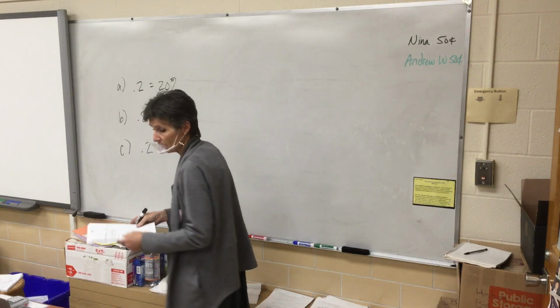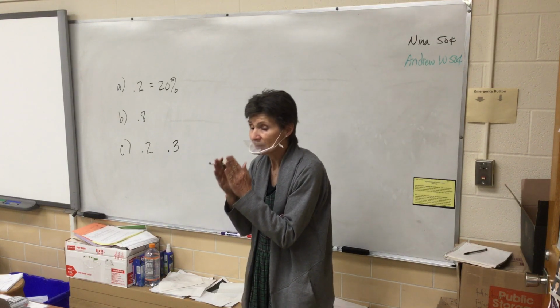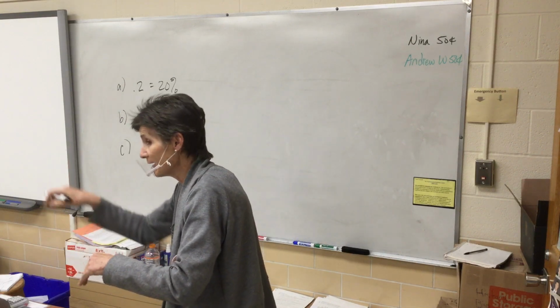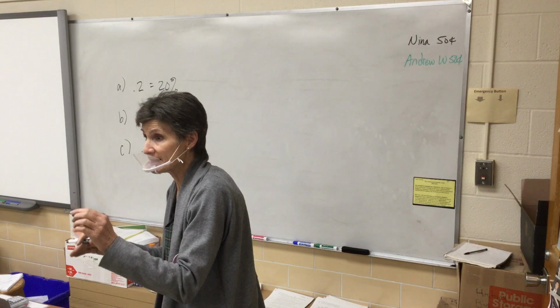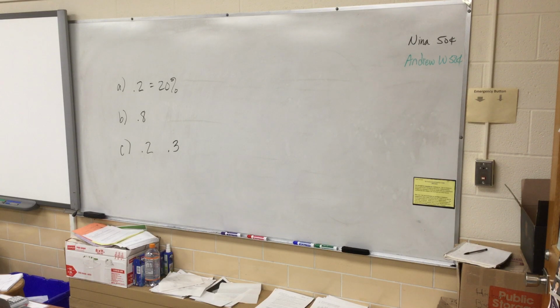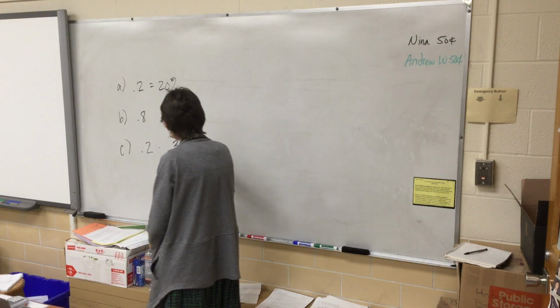0.3. Now, here is where I really need you to pay attention. Remember those problems where I said, I have 10 shirts and 5 jumpers, how many outfits can I make? We said it would be 10 times 5 because I was picking a jumper and a shirt, and whenever I do this and this, it's a multiply. I am picking red and red. So I'm not going to add those two numbers. What am I going to do with them? Multiply them. So the answer, be real careful with your multiplication, might want to use your calculator, it's actually 0.06